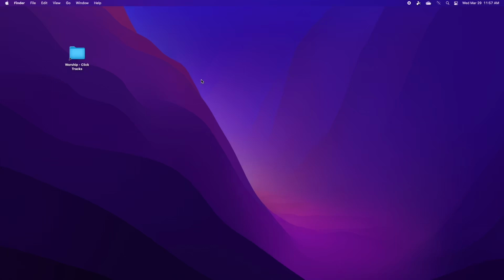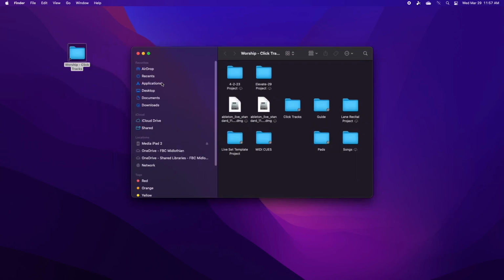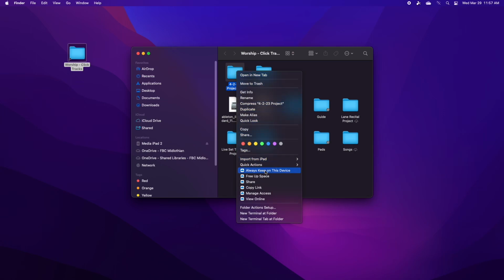This is how you're going to set up Ableton each week, whether this is in the family room or the student center or wherever. The process will be the same. So the first thing you're going to do is on the desktop here, you're going to open the Click Tracks folder, and you're going to right click on the project that you want and go to Always Keep on this